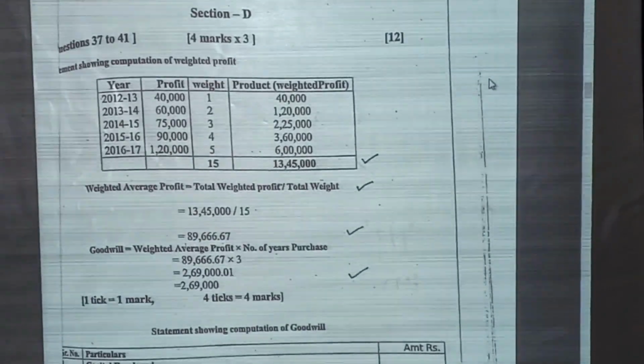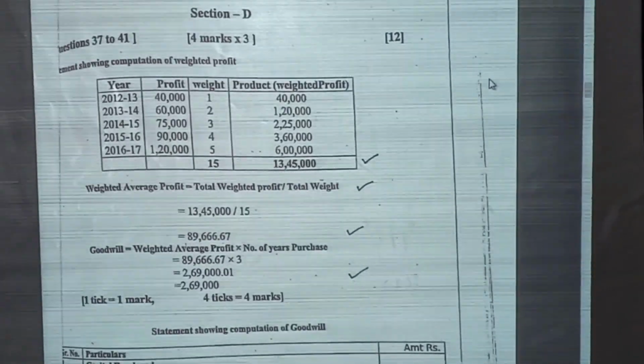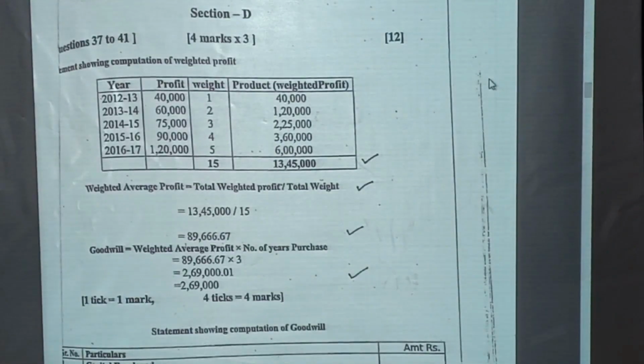In Section D, there are questions number 37 to 41. Among 5 questions, students need to attempt 3 questions, and for each question students get 4 marks. How can students get 4 out of 4 marks? It is indicated on the screen. That means for the first tick,